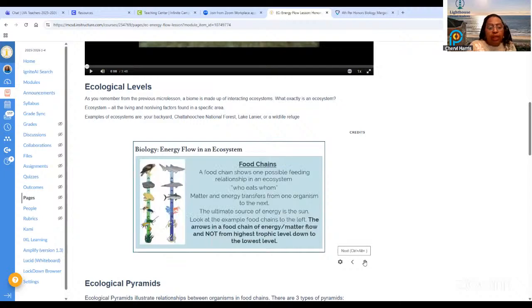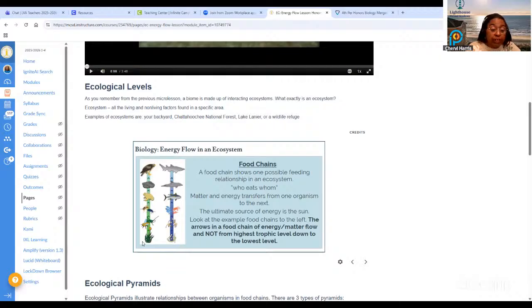We have two things going on. We have simplified relationships in a food chain. You start with a producer, and then it's who eats the grass, who eats the grass eaters, and so on and so forth. The food chain depends on the environment that they live in. This first one could be a grassy or terrestrial environment. This second food chain is an aquatic environment, one that would happen in the ocean.